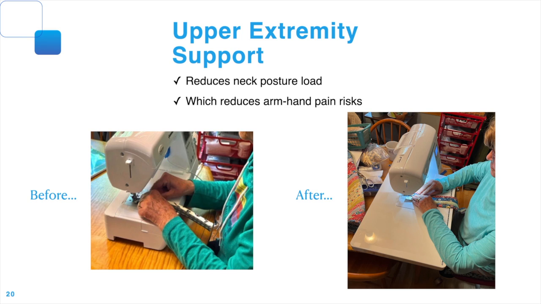Another risk factor that contributes to neck and arm pain problems is how you support your arms during hand tasks. Your arms literally hang from your neck by your neck muscles. Your arms and whatever they are holding add considerable loading to your neck. But if you are able to set up your workstation so that your arms may rest on the work surface while performing hand tasks, this can greatly reduce neck loading, which then reduces arm and hand overuse risks.